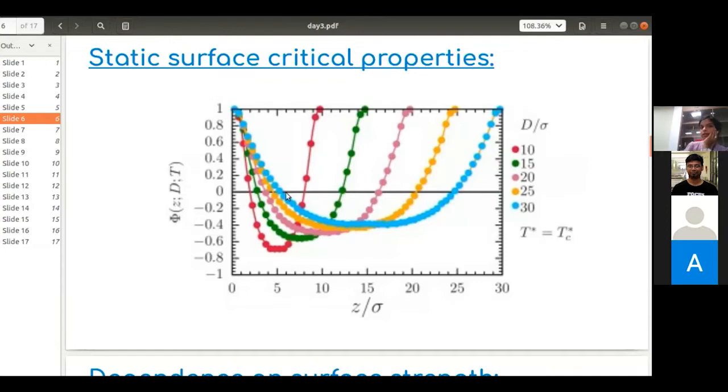So what do you see here? First of all, you see that the value of the order parameter starts from a value which is almost close to 1 for all the system sizes. It doesn't really depend on the system size. Why so? Because all these results correspond to the same value of the surface strength. And since I have kept the surface strength the same, the value of the order parameter on top of the surface layer is more or less the same, no matter what is